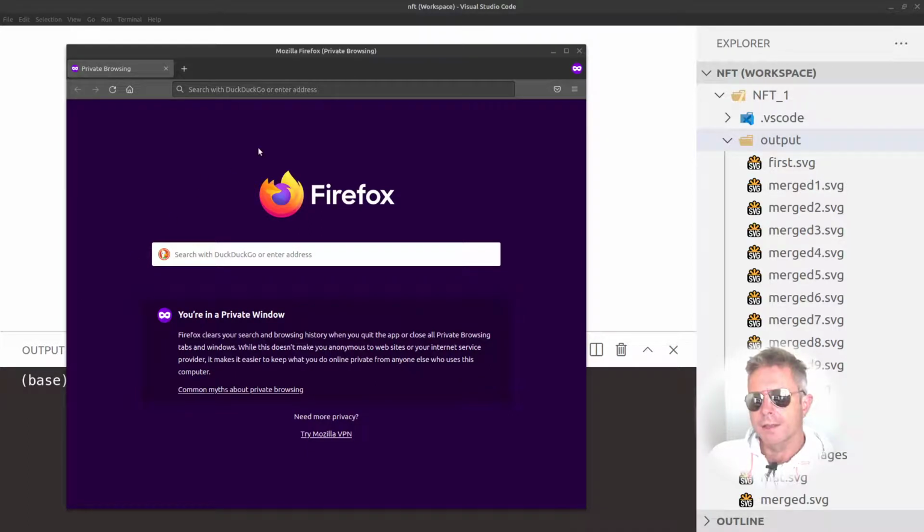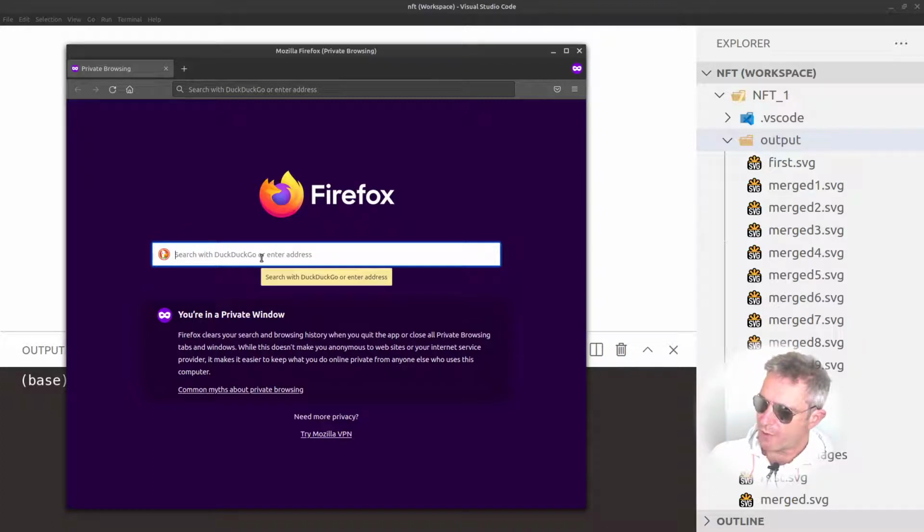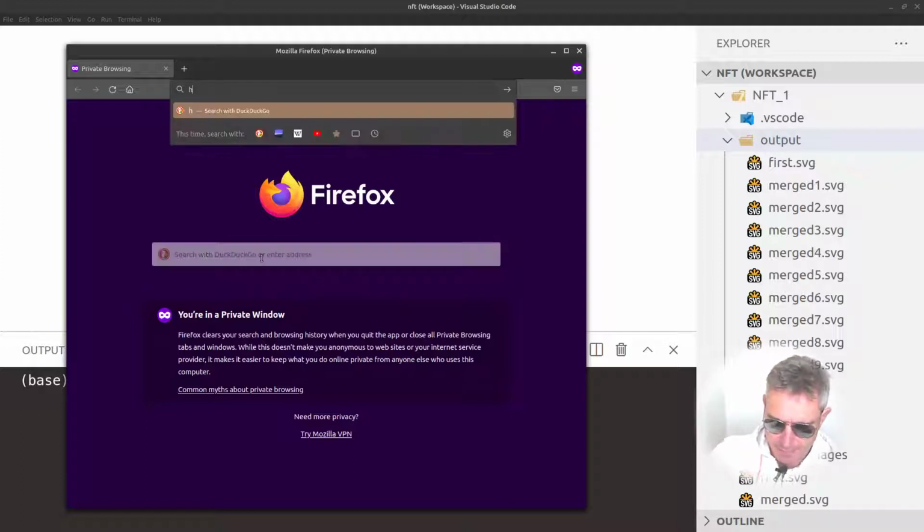Hello. So in this video we're going to be looking at how to improve and animate the SVG, the composite SVG image that we created in the previous video. So I've got lots of SVGs now which are being created by the loop, and what I've done recently is I've looked up how to animate a PNG,